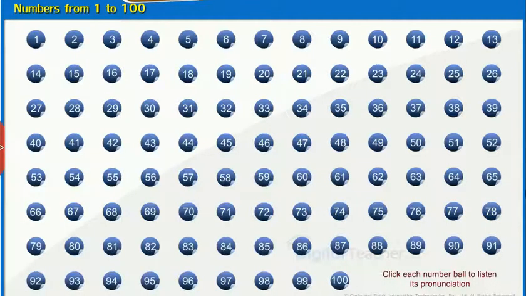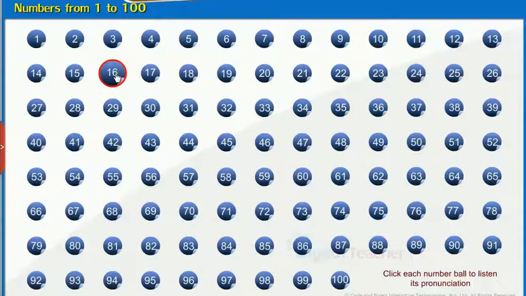Numbers from 1 to 100. Here we see the table containing the numbers from 1 to 100. 1, 2, 3, 4, 5, 6, 7, 8, 9, 10, 11, 12, 13, 14, 15,